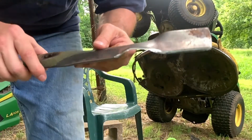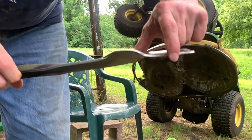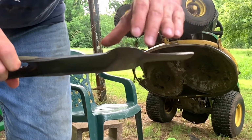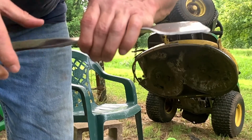If I can get this up here you can see it. So you can see it's got a nice sharp edge to it now. And what you want to do is do the other side this way, and after that we're going to